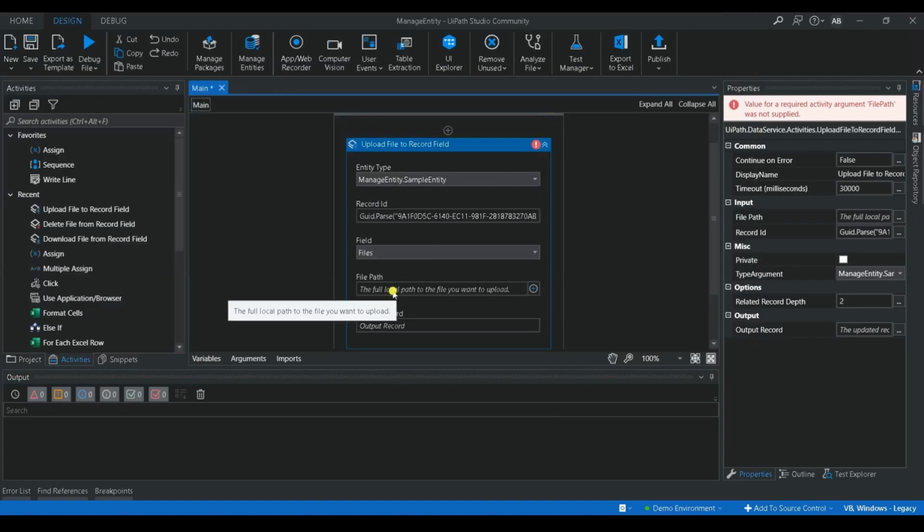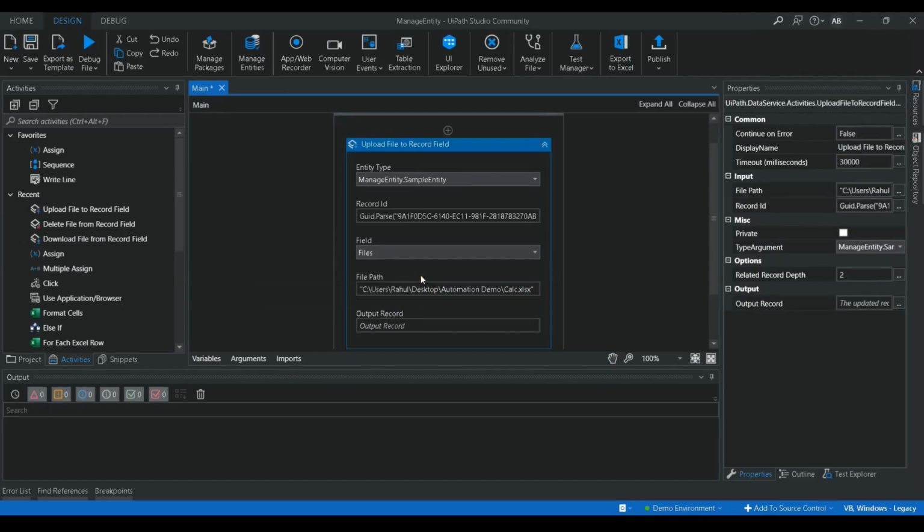Just give the full path over here, calc.sls. Then output record. What should be the output for this particular process? I'm going to put it like out record. Okay, so that's it. So your file uploading is done.